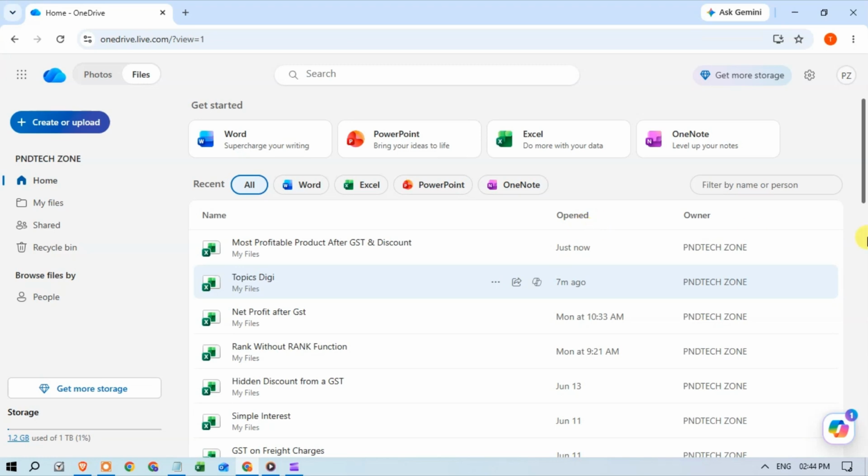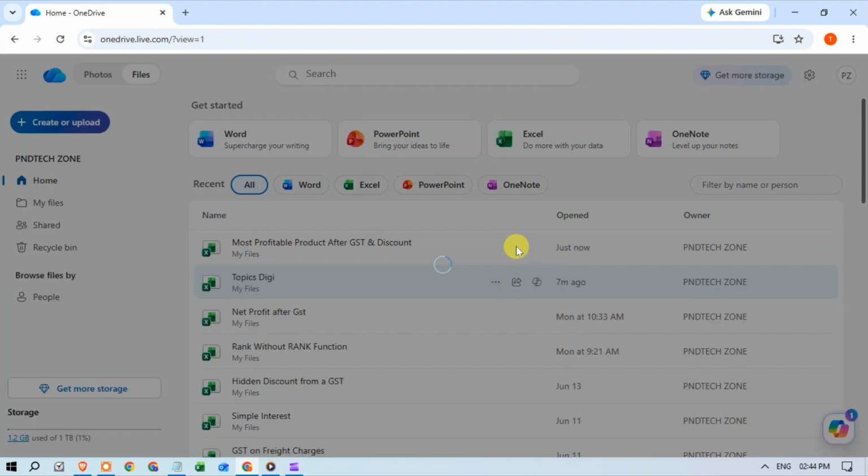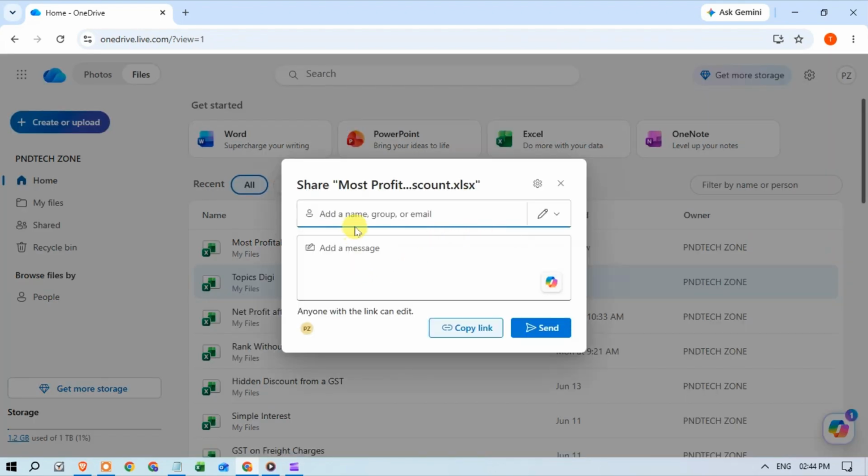So let's start. First, open your OneDrive and just keep the cursor on the file. To share the file, click on the three dots and here the second option is Share. And the second way, you can see one option also showing share this item with other people. You can click on this second option also and wait a few seconds, and here a dialog